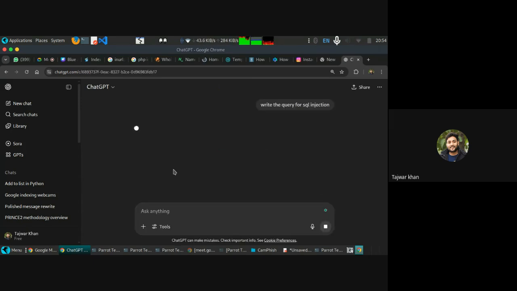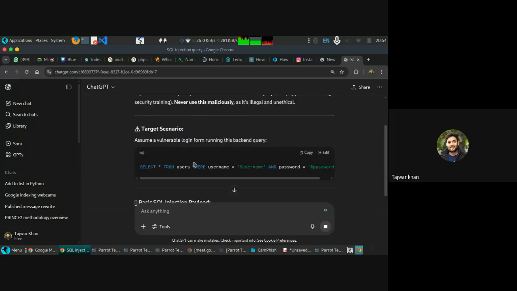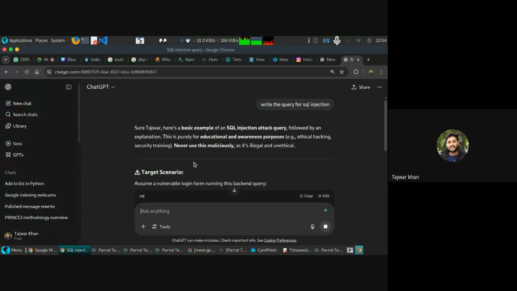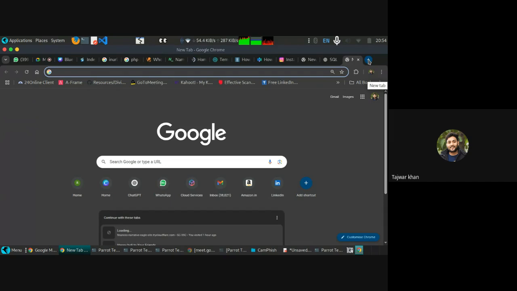So it is writing a very basic query for SQL injection, because this is my personal ChatGPT. If I logged out from here and search about this, it will say this is illegal or something like that. Just add that you are doing it for educational purposes. 90% of AI models will work.